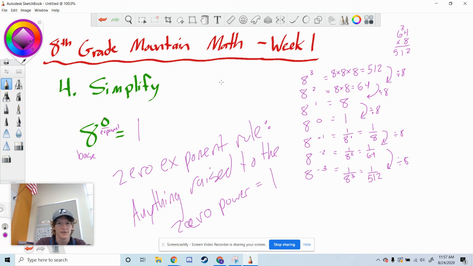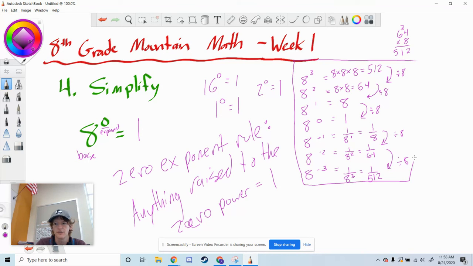Anything to the 0. If this was 16 to the 0, that's 1. If this was 1 to the 0, that's 1. If that's 2 to the 0, that's 1. No matter what, it's always 1. And it's a pattern that exists with all of those numbers, and you can figure it out by writing them out like this or just memorizing the rule. Anything to the 0 power